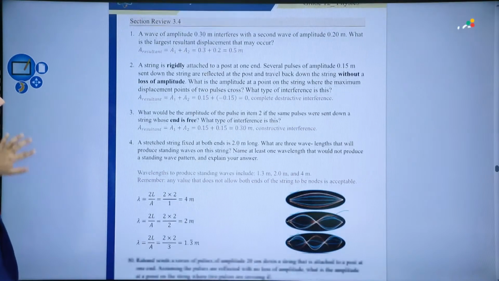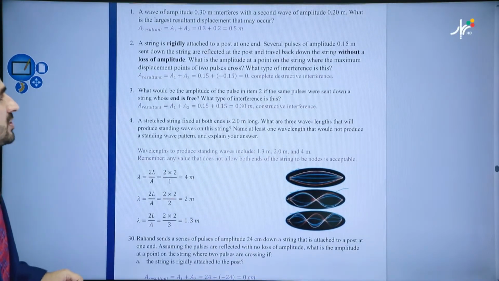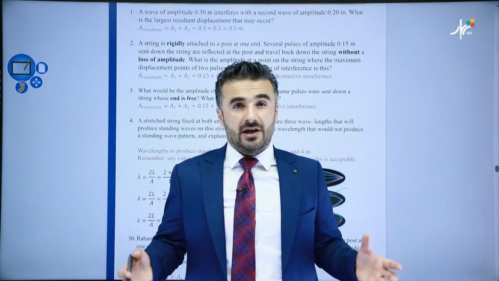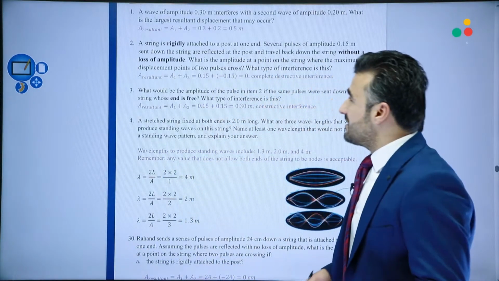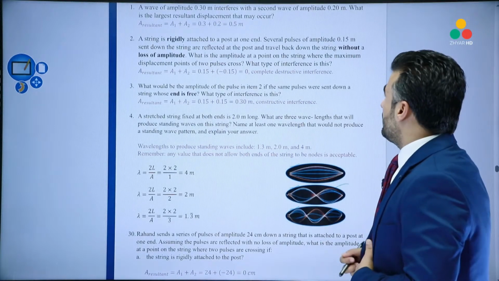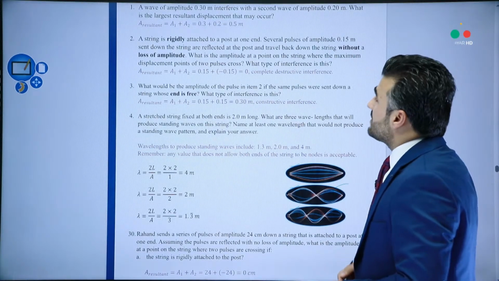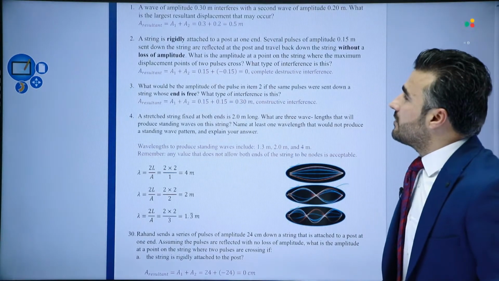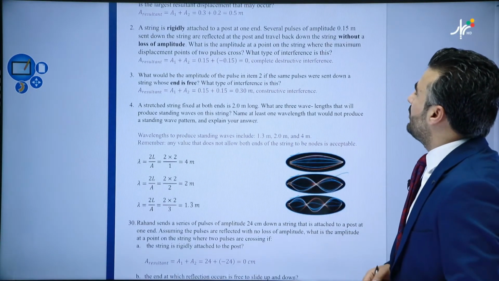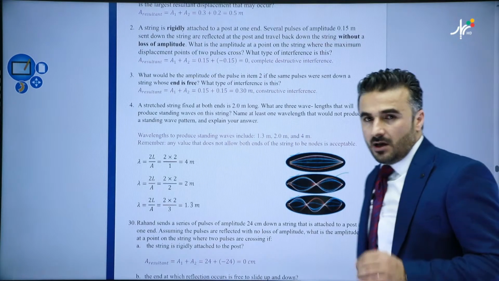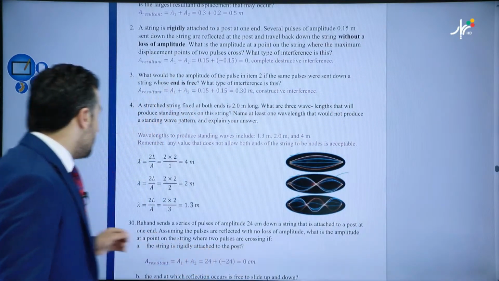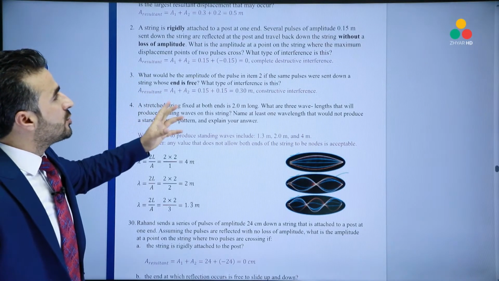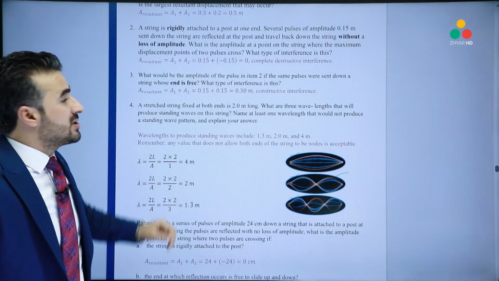The second one here says, a string is rigidly attached to a post at one end. When it says rigidly attached, that means the end is not free to move, okay? It is bounded, yeah? So if that is the case, remember, several pulses of amplitude 0.15 meter sent down the string are reflected at the post and travel back down the string without loss of amplitude. So let's continue with this, okay? What is the amplitude at a point on the string where the maximum displacement of the two pulses cross,